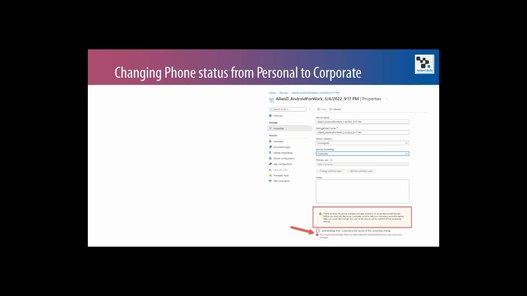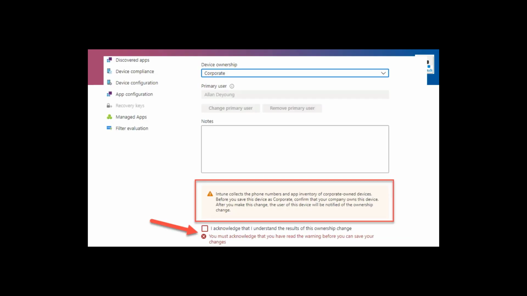This slide is for when you are changing a device from private or personal to corporate. There is also some notice. This is the only thing I want to show you. If you are changing the role, there are some warnings. You will not see it if you are not doing it, but I want to point it out, be careful when you are changing from a personal device to corporate, because returning back is not always possible. So